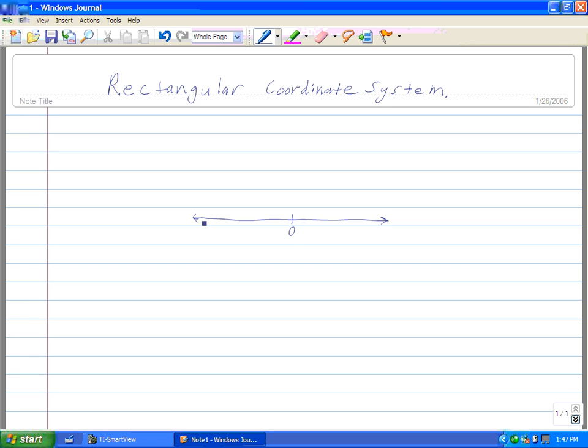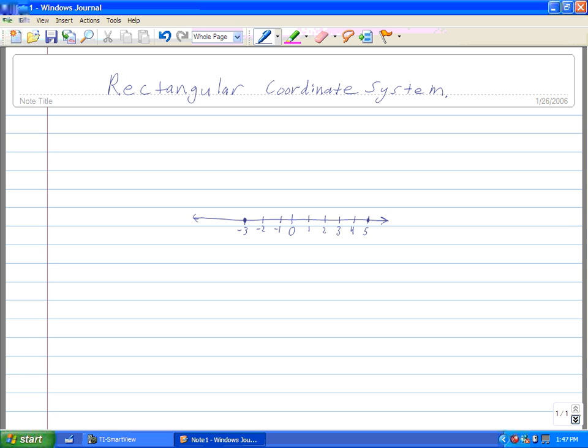For example, if we want to graph the real number 5, we can mark the number line to be centered at the origin, which is 0, and then we can count off 1, 2, 3, 4, and then 5, and we can put a dot out here at 5, and we've graphed the real number 5 on the number line. Similarly, we could graph, say, a -3. We can count off to the left, -1, -2, -3, and we can put a dot there,